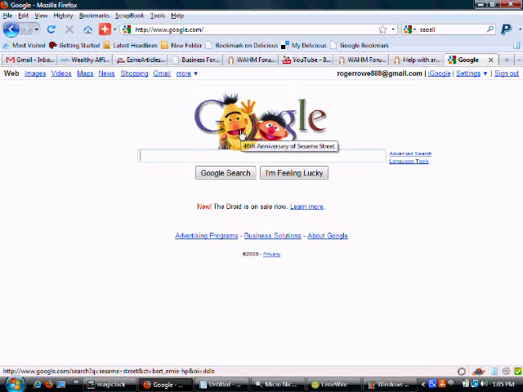Looks like Sesame Street's 40th anniversary. I'm not making any profound statements by saying that Google has a very sparse landing page. I mean, there's just nothing here. There's not a whole lot to do. You can go see a little bit about their company, and the rest is about what you want to do.